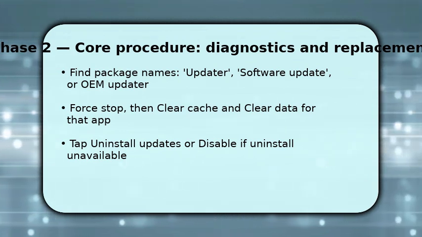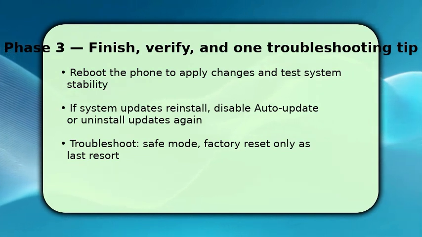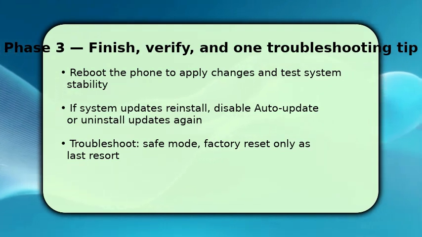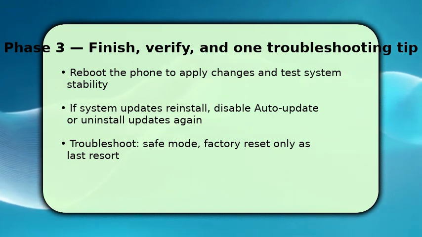After uninstalling or disabling, reboot the phone so the system settles and you can test stability. You should notice settings or features revert. If an update reinstalls automatically, go to Play Store and disable auto updates, or return to the updater and repeat